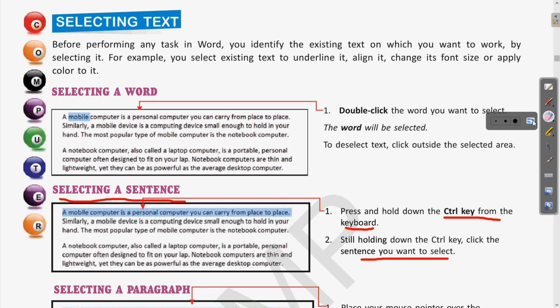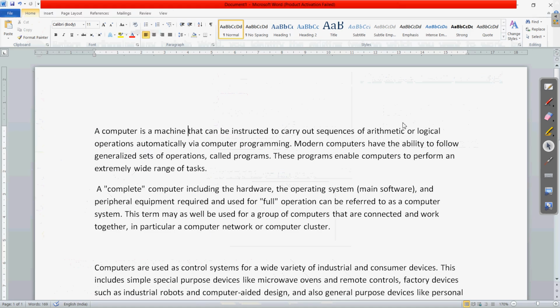Let us try to do this as well. So come to MS Word, and now we are going to select a single sentence. I am pressing the control button of my keyboard, which you will not be able to see. Okay, so I have pressed control and I have not released it.